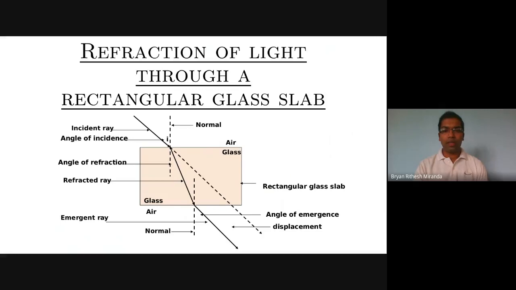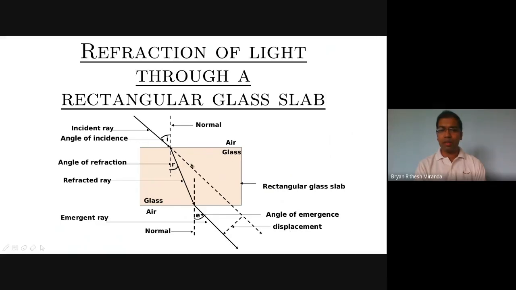The angle of incidence is taken as the angle between the normal and the incident ray. The angle of refraction is taken as the angle between the refracted ray and the normal. We measure a third angle called the angle of emergence for the ray that is coming out after refracting twice. It is noticed that the final emergent ray is shifted parallelly